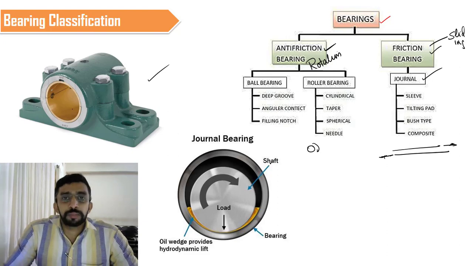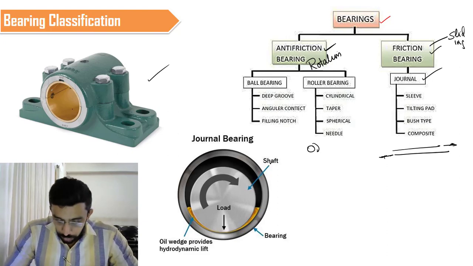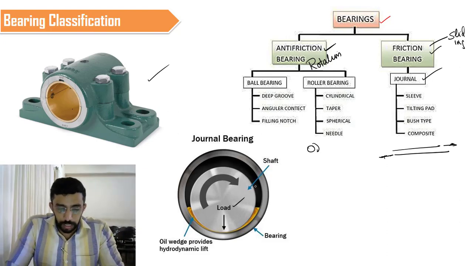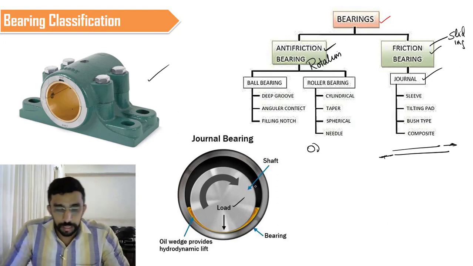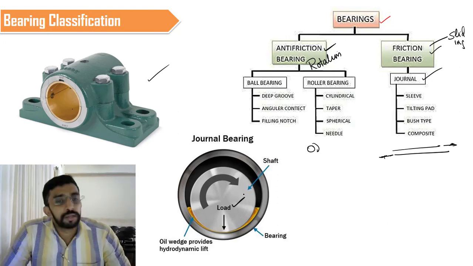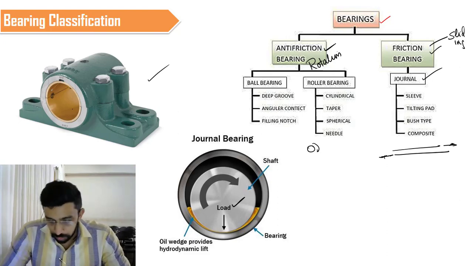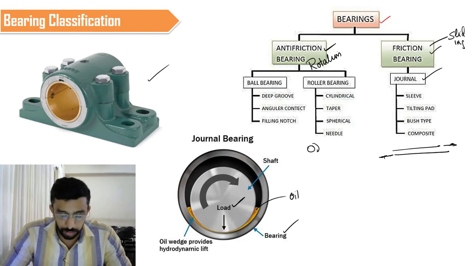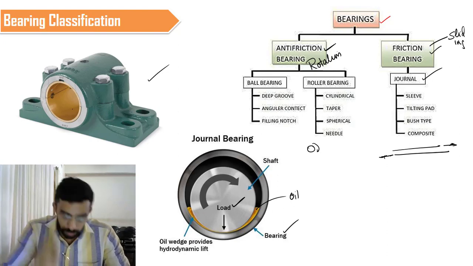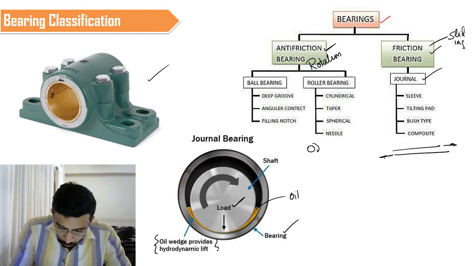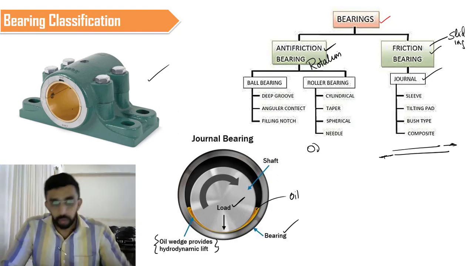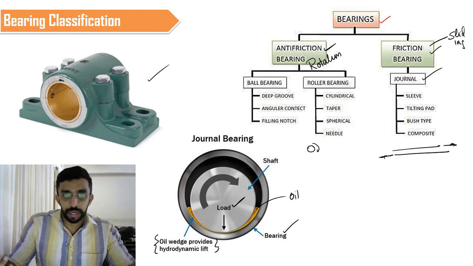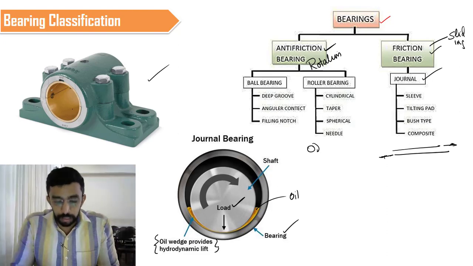If you take the cross section, it will look something like this. We have a shaft which is transmitting some amount of power as well as torque. It is carrying some amount of load. That load is being given here. If you take the cross section, this is a shaft which carries a load, and we have an outer casing that is called the bearing, which contains some oil. So this is the oil or lubricant. To be more specific, it is called the oil wedge, providing the hydrodynamic lift. Don't worry about all those things, because I'm going to explain in detail about this wedging action and what the hydrodynamic things are. But in general, this is how a general bearing will look like.